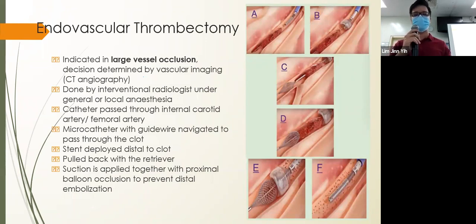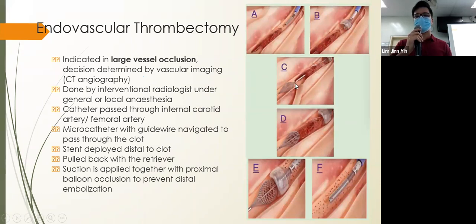Besides thrombolysis, there's also the option of thrombectomy, usually in cases of large vessel occlusion, detected through vascular imaging. This is done by IR under sedation. There will be a catheter passed through either your internal carotid or femoral artery. You can see from the pictures here, they will guide the guide wire passing over the clot to